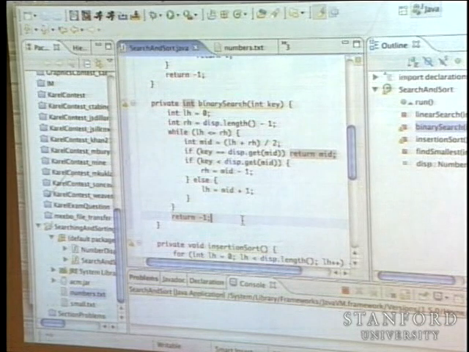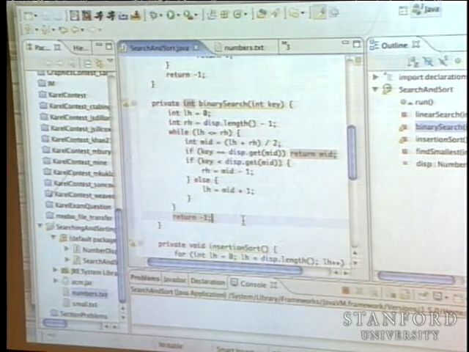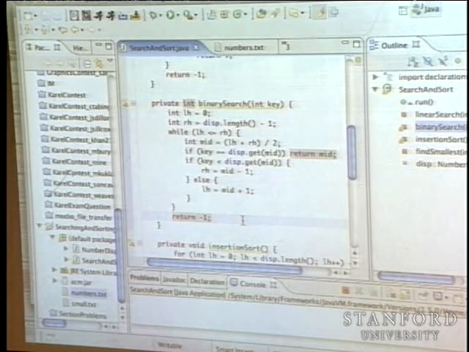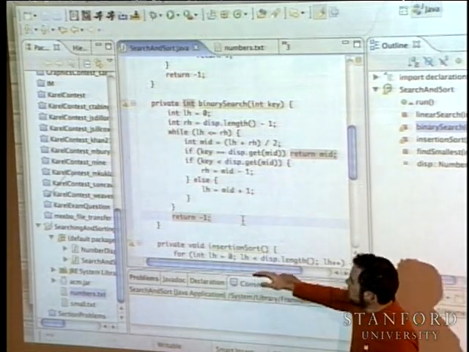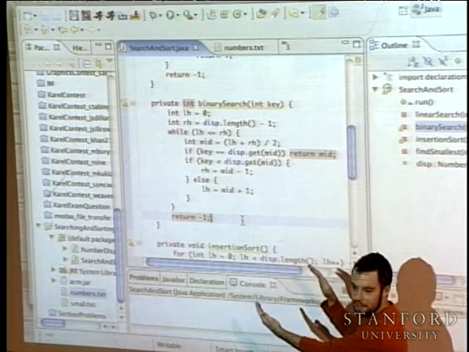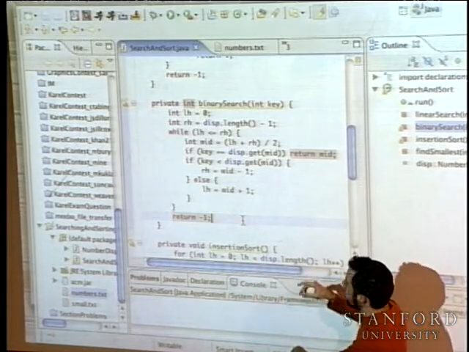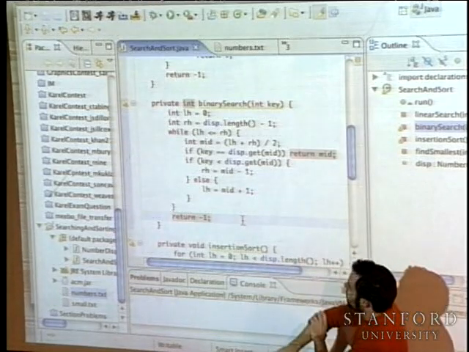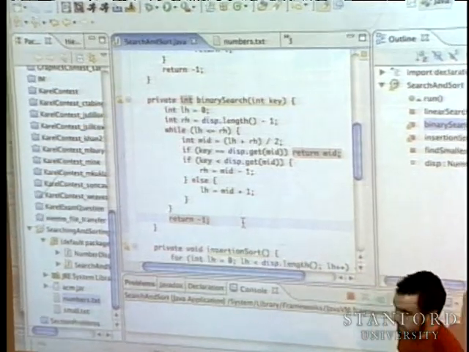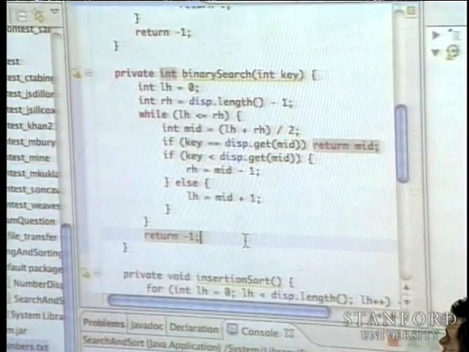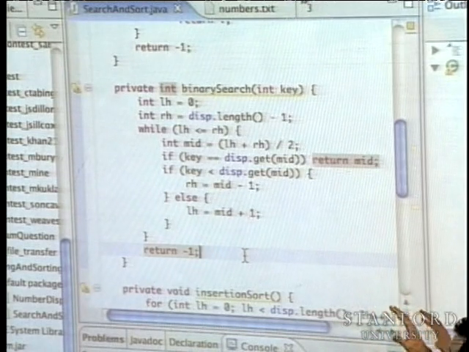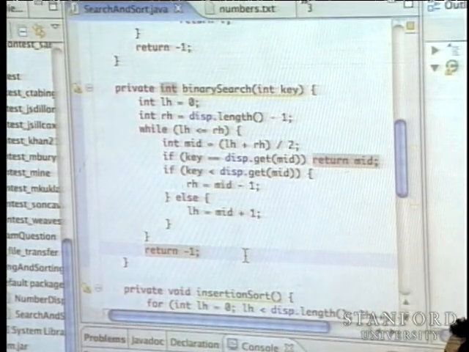And the insight behind these admittedly too short variable names is that we're keeping track of the LH, or left-hand side, of the portion of the array that we're considering, and also the right-hand side. So if you look at these two initializations, it should make sense that you start with the left-hand side as far left as it can be at 0, and the right-hand side at the index of the very last element in the array, which is one less than the length of the array, right?